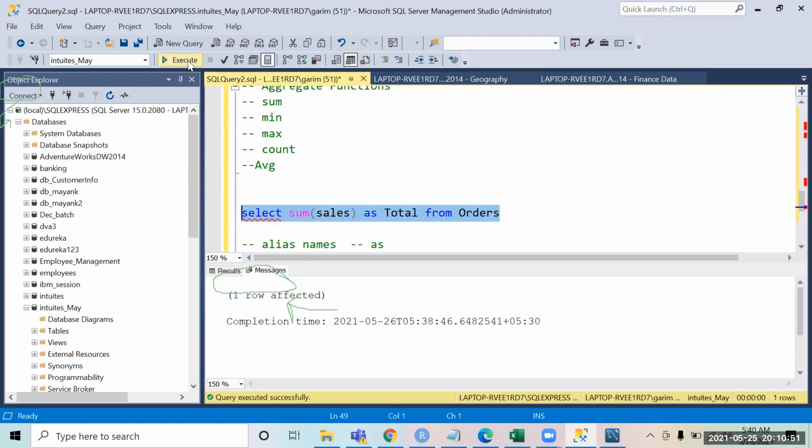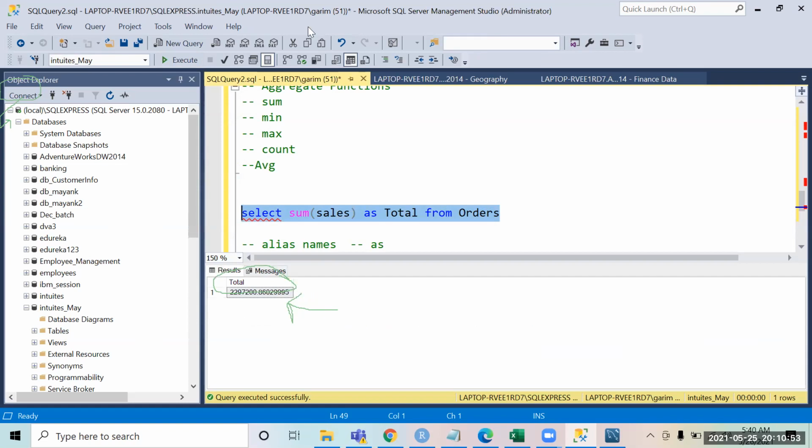If I now run this, you see I'm getting a column name as total. You can give alias names to existing columns also. So please try this once.